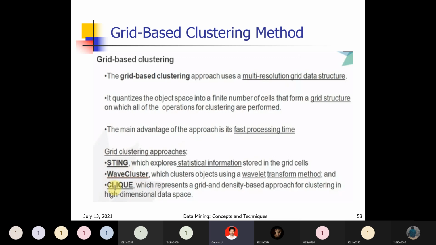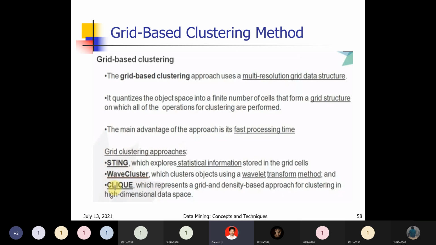From top to bottom, at the top level that is a single square. Next level, that is two parts. In the next level, that is four parts. In the next level, that is eight parts. Like that, from top to bottom, you are dividing the screen again and again into smaller parts. That is nothing but grid based clustering. The smaller part you divided is nothing but a cluster.